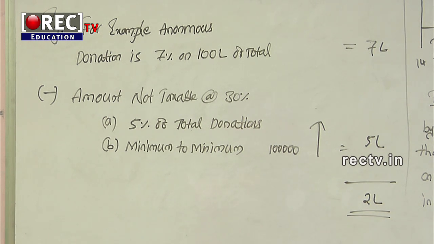Now, benefits to a specified person: a trust availing exemption under sections 11 and 12 should not provide any benefit to specified persons. That is, a settlor, a trustee, that is manager or controller, a relative of settlor or manager, any entity in which A or B or C holds substantial interest, and a person being a substantial donor who makes a donation greater than or equal to 50,000. An education trust or medical trust can provide benefit to a specified person. However, the expenditure incurred to provide such benefit cannot be taken as an application of income.